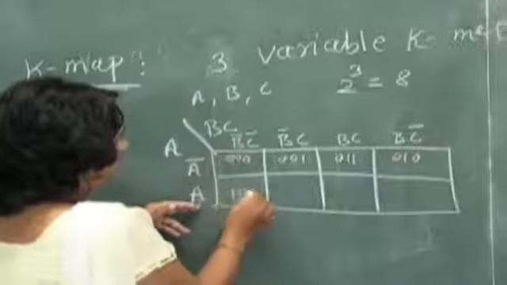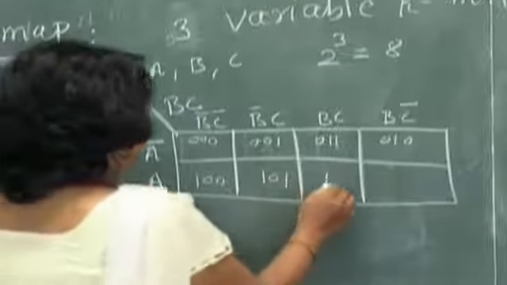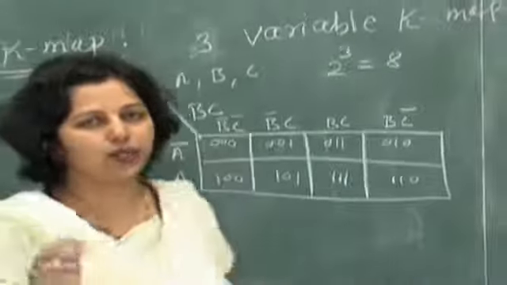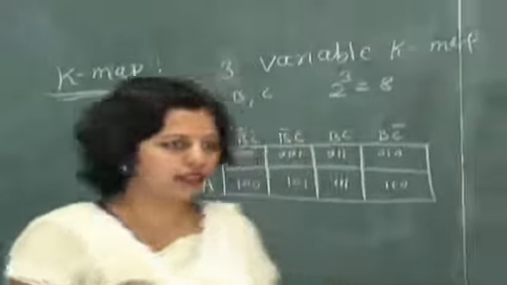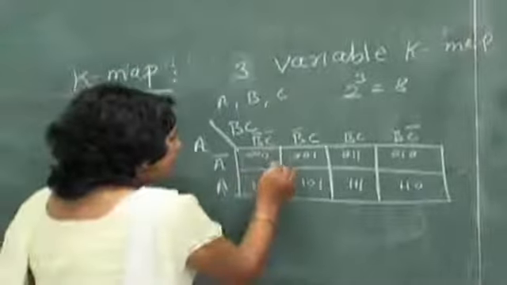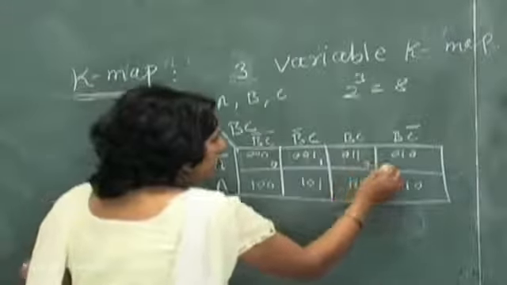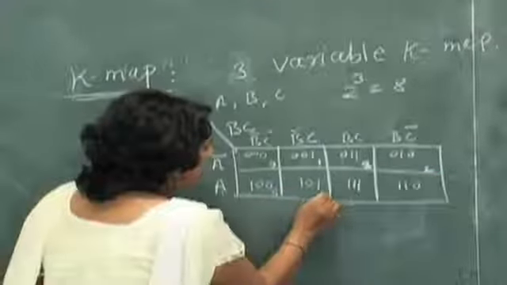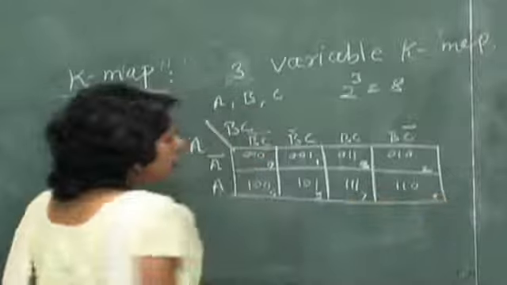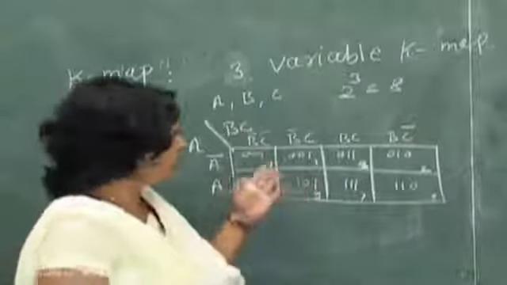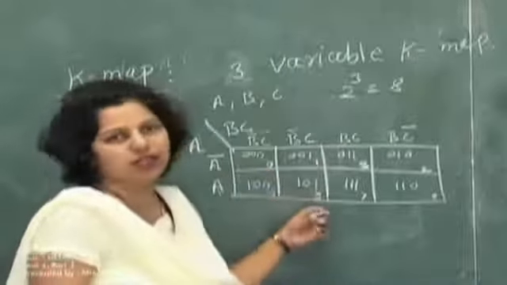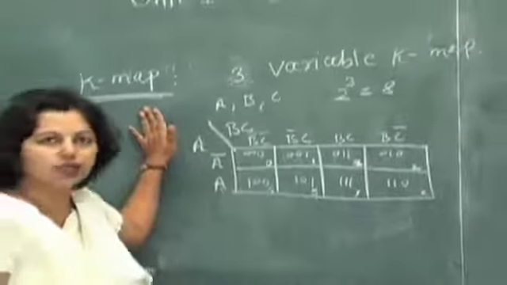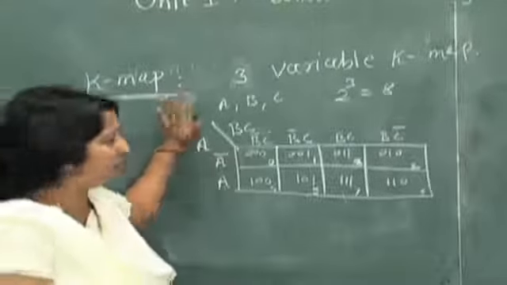Okay, and here it will become 1, 0, 0, 1, 0, 1, 1, 1, 1 and 1, 1, 0. Okay, again if it has to be represented in terms of the min term or max term, it will be represented like this. This is M0, M1, M2, M3, M4, M5, M6, M7. It could be written with respect to M or directly 0, 1, 3, 2, and this is how the sequence will be. Whatever K-map we are studying right now is for the standard SOP form. Later on we will see the standard POS form.